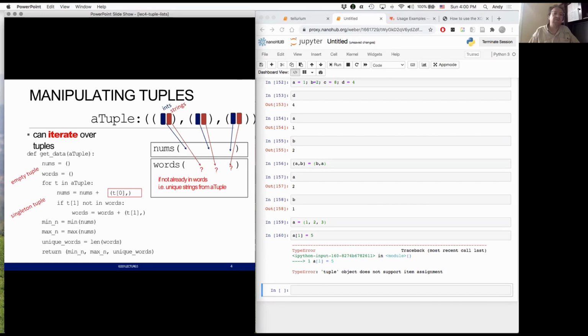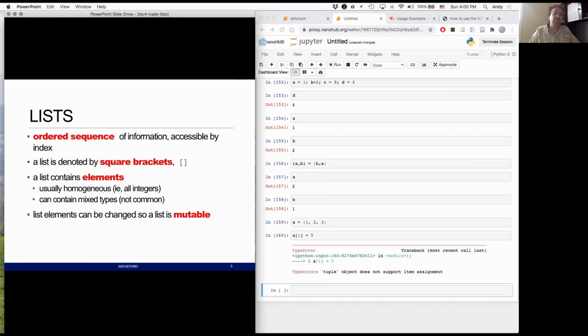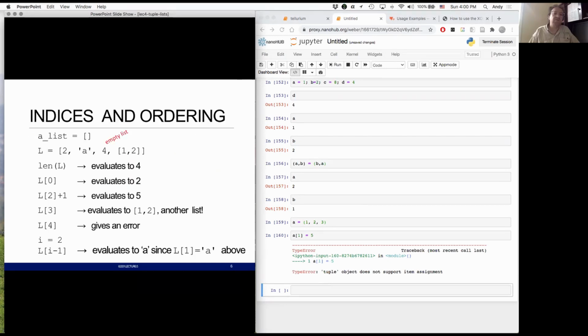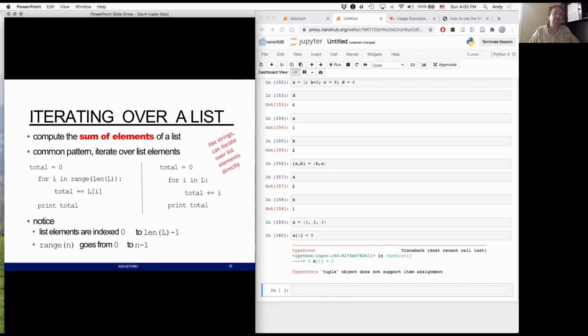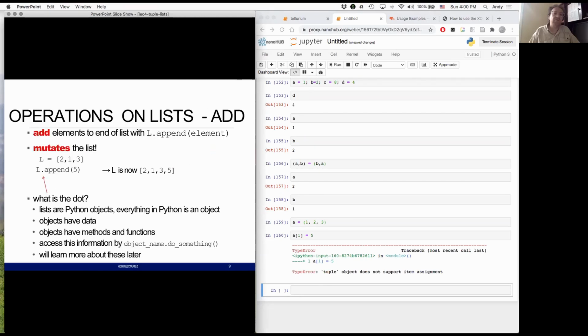We can, like I said, iterate. Iterating over tuples is completely and totally identical to iterating over lists. No difference at all. So you have square brackets, elements, lists are mutable. We already should be pretty good at indexing, grabbing, and setting individual values of lists. So lists are mutable, we iterate over them, we do something,